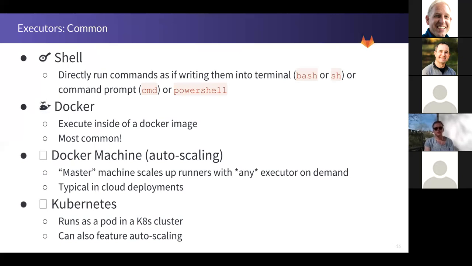So you can think of it as Docker virtual machines. So for instance, on AWS, I can use Docker Machine to spin up a new EC2 instance, which we'll get into a little bit later. Docker in Docker means